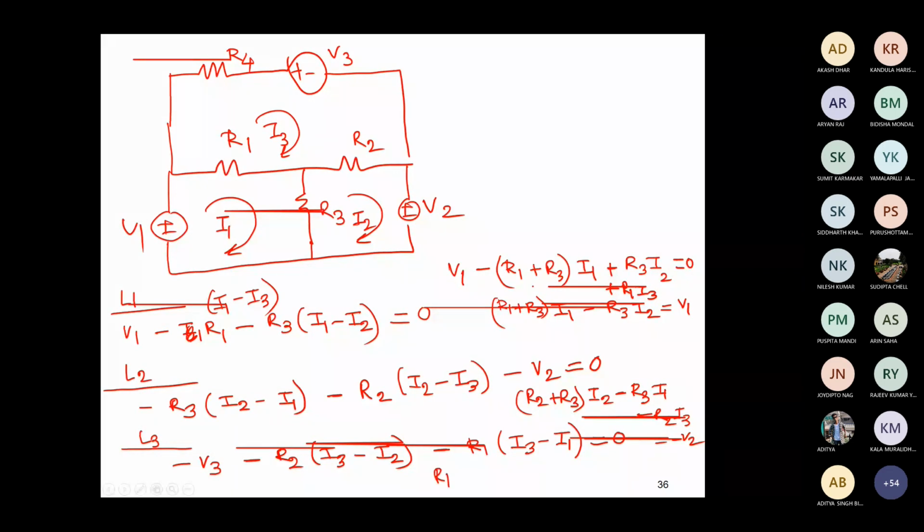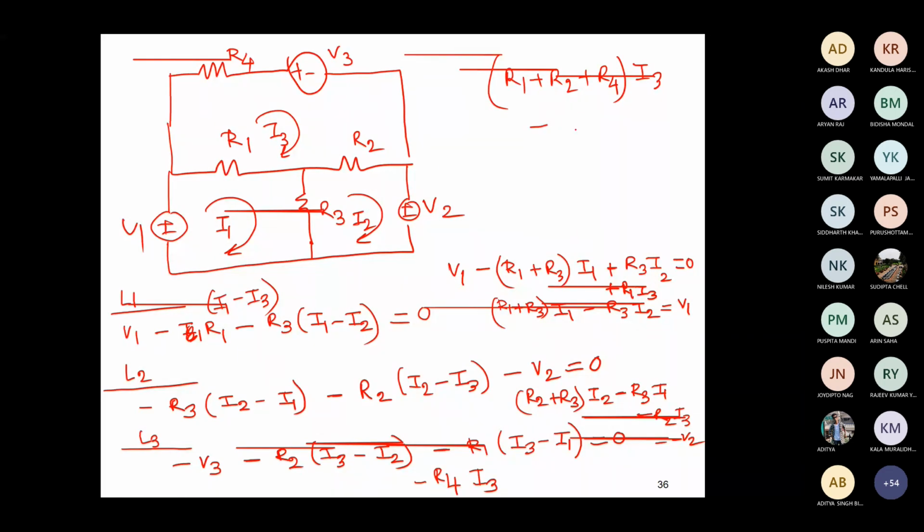I3 into R4 must be there in loop 3. Right. So we have taken, starting from V3, minus V3, R2 into I3 minus I2, R1 into I3 minus I1, then R4 into I3. If we take all these coefficients, we'll have R1 plus R2 plus R4 into I3, right? From here I'm taking the other side, and then minus